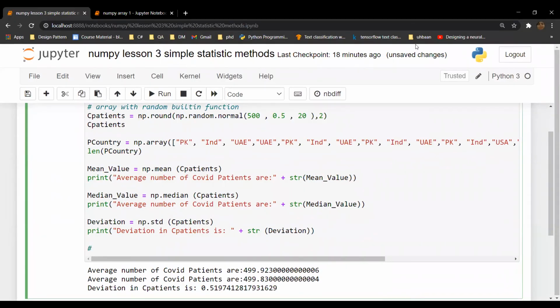Let us see how many patients are from Pakistan.